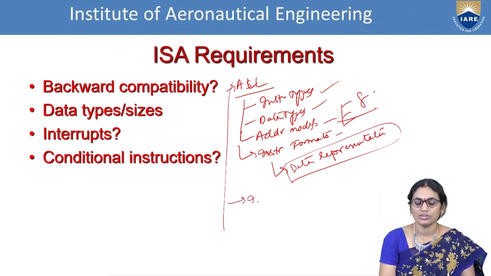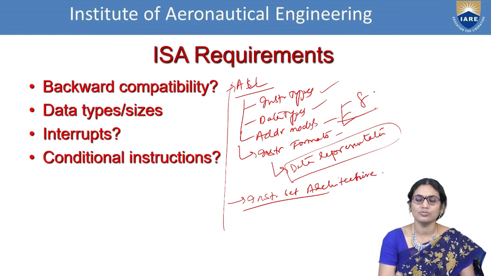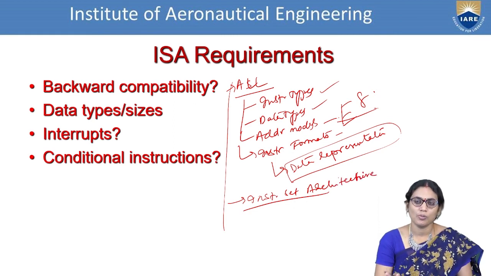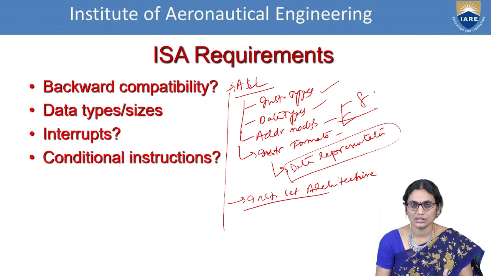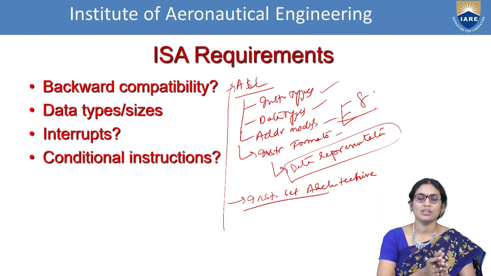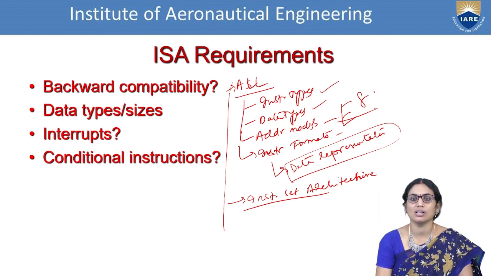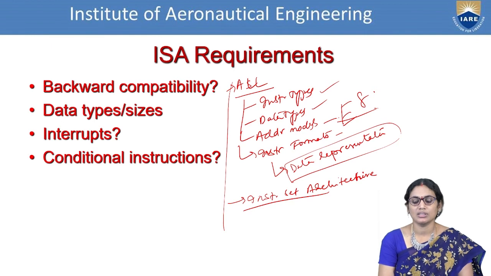And now we are going for the instruction set architecture, where you have some basic operations like what exactly it is intended for and what is the use of that particular instruction set architecture. The purpose of instruction set architecture is to understand the use of the corresponding design and how it can be designed. If I am designing a particular system or any other product, I have to see what exactly my requirement is. Is it provided with the basic support or not? All these things are important constraints you have to follow. Because of that reason, you have to follow the instruction set architecture. So these are the topics we have discussed for today's session.